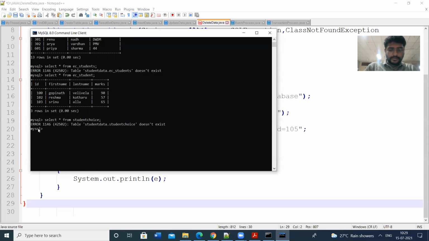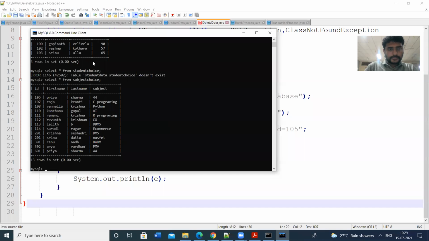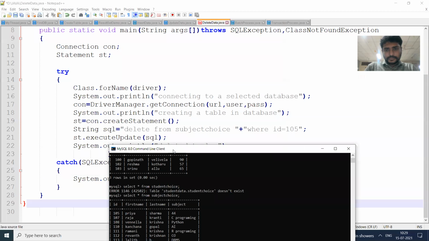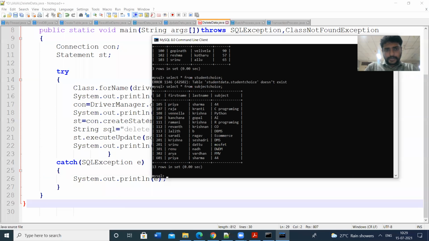The table name is subject choice. Select star from subject choice. So the table is not updated. We have deleted the 105.